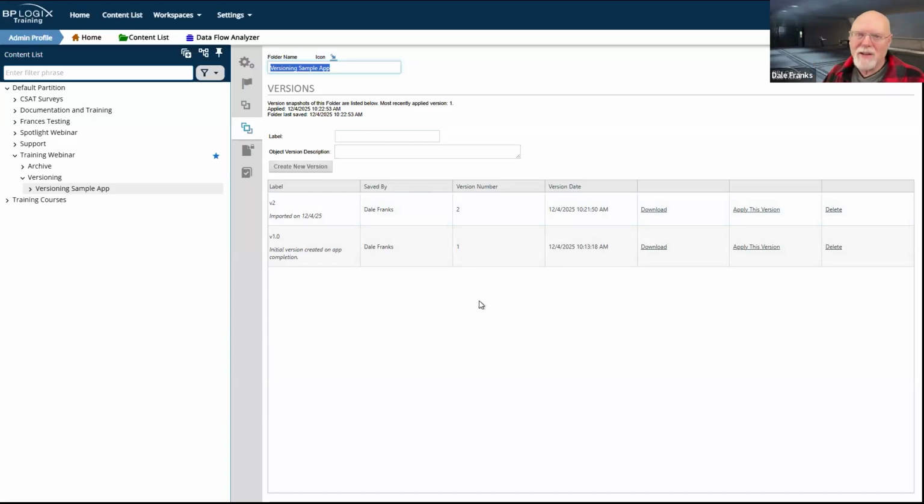Now, that doesn't mean that every little change you make has to have a new version. If you are doing a lot of revisions on a form, you're adding a new section, and also the timeline needs to change because that new section needs to be reviewed by additional people, so I need to add new approval activities. That may be a fairly extensive change. Well, I don't need to make a version every time I make a small change to the objects. Although on production, any change that you make, you should.